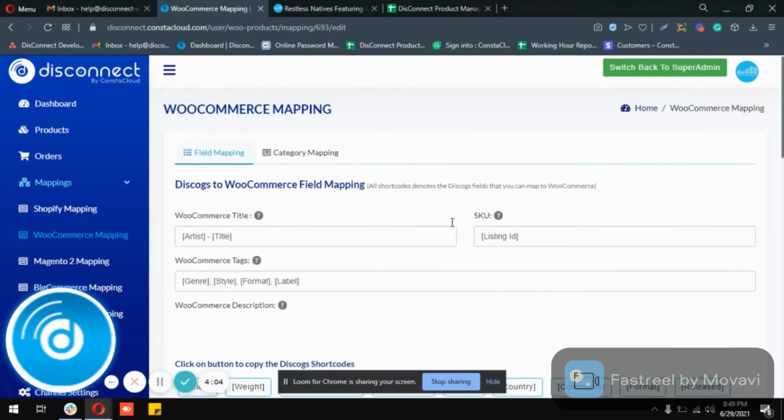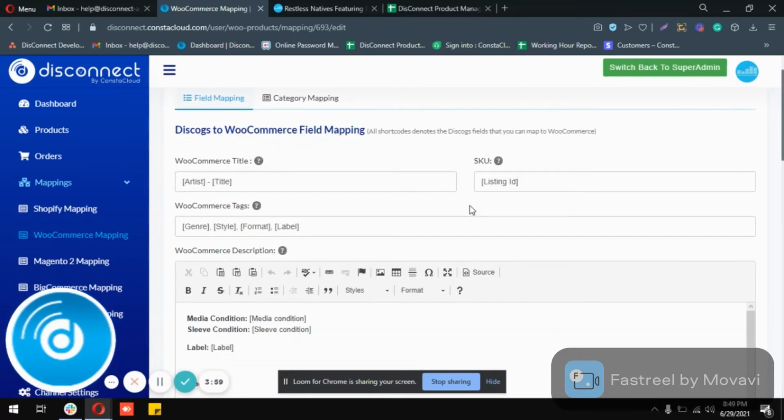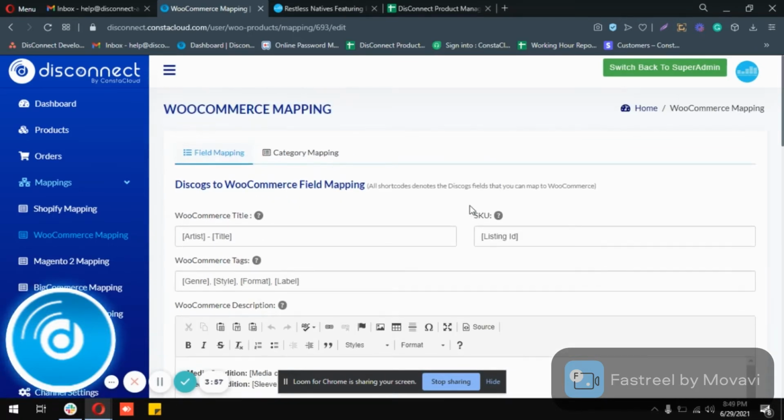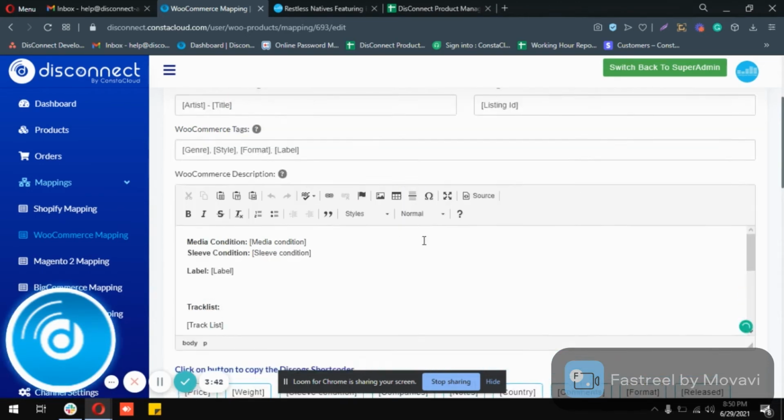Field mapping is done by customizing various fields dynamically on your WooCommerce platform for all your products. As a seller, you can now completely automate how your product data in Discogs is mapped to your fields on WooCommerce for all your products. If you would like to customize products at an individual level, then you can do so in the product details page here.